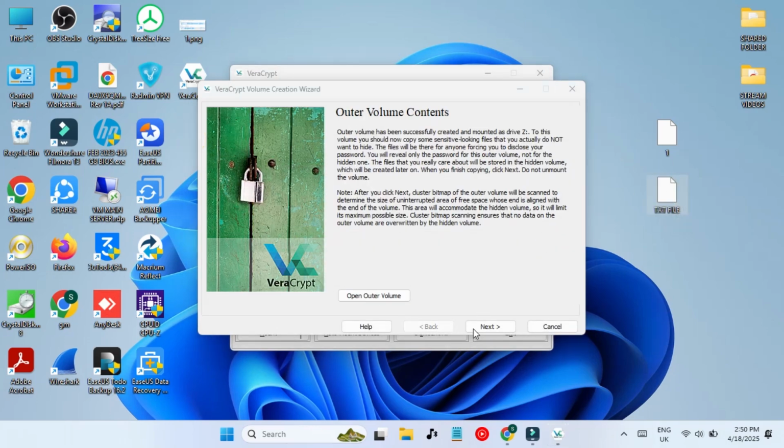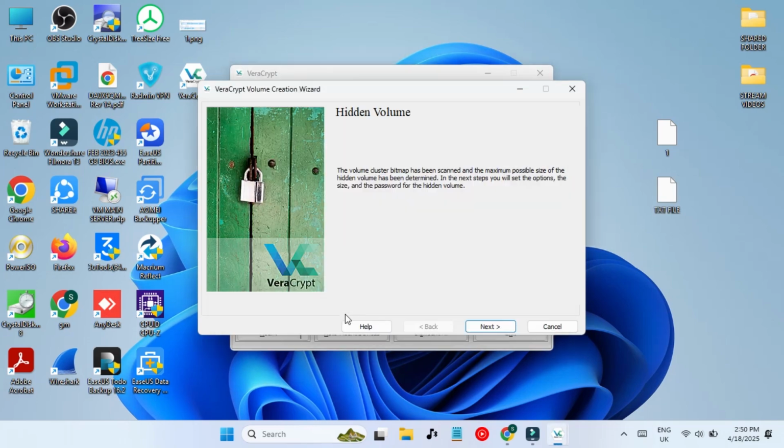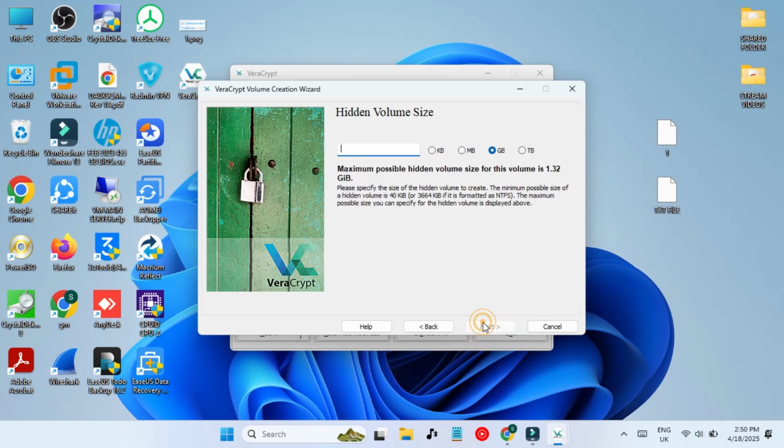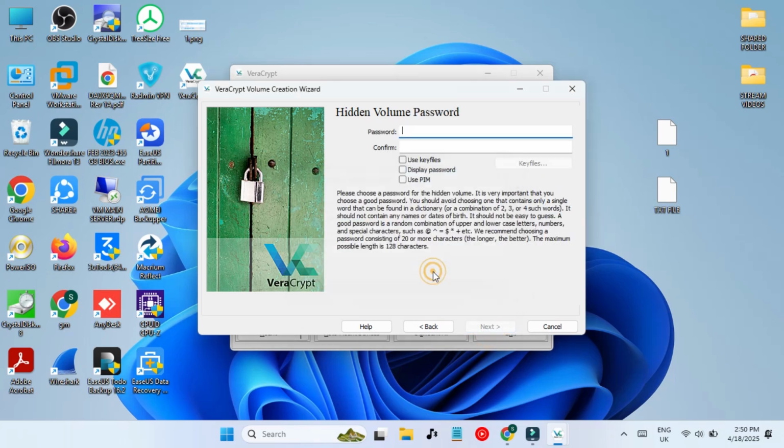So it is the text file, and the size of this file will be the same as the size you give to the drive. And now we have to create the hidden volume within the container. So we are going to use the same encryption method and we have to give the size for the hidden volume. Since we have selected 2 gigabytes, I'm going to write the size in megabytes. So I'm going to select 1200 and it is saying that if you want to increase the size again, we can do it. So let's put the password for the hidden volume